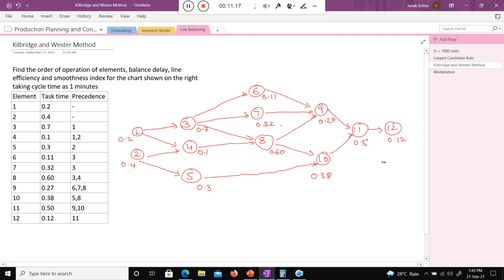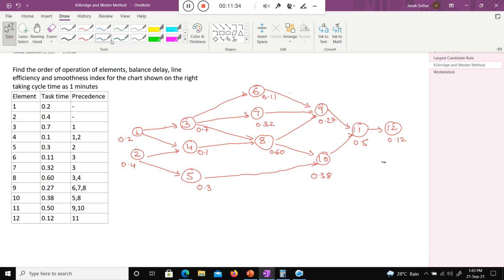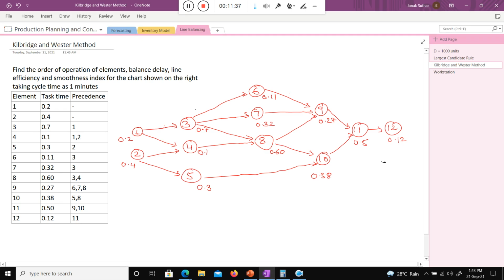Now step 2, to assign elements. In step 2, you need to divide the whole precedence diagram into columns. So how can we divide? Just see, I just try to draw the columns. Just see here class, here how I can divide: here 1 and 2, how do I divide these two things? Just draw the vertical line. This is nothing but the column, you can say. Draw the vertical line, that's it. Now here I again draw the vertical line.